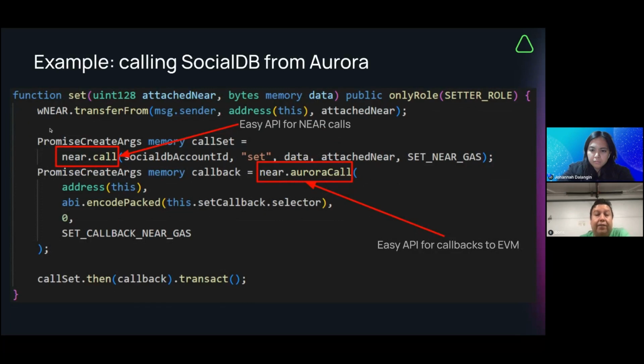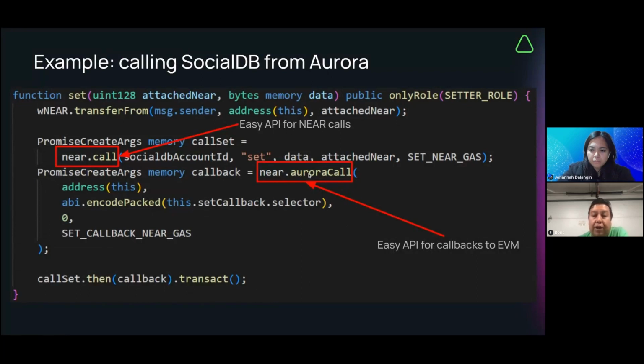And as you see, the result is of this type, right? This is a promise. You create a promise, and then you will expect a callback. The callback is the same as a promise, and you set the same kind of parameters. At the end you just call the set and then get the callback as a response. So the point here is that the calls to the APIs are quite simple, right?